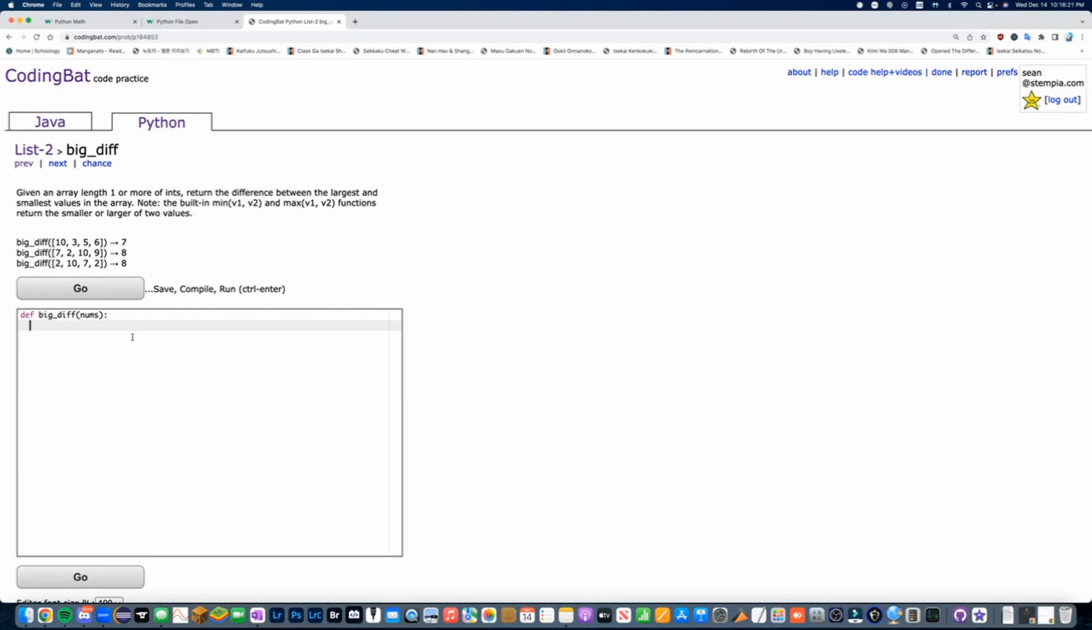So we're going to make a variable called maximum equals 0 and minimum, which is going to equal the biggest value it can be. And for x in nums, x being the numbers, if